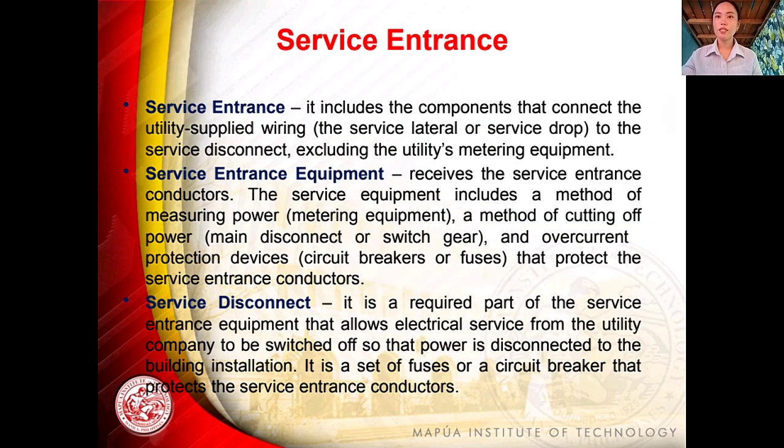Next is service entrance. Service entrance, it includes the components that connect the utility supplied wiring or the service lateral or service drop to the service disconnect, so excluding the utilities metering equipment. Then service entrance equipment receives the service entrance conductors. So the service equipment includes a method of measuring power or metering equipment, a method of cutting off power or main disconnect or switch gear, and overcurrent protection devices or circuit breakers or fuses that protects the service entrance conductors. So kining service entrance and service entrance equipment mo ni siya ang tanan nga parts nga nag-connect sa utility line